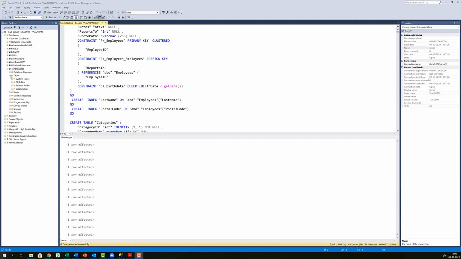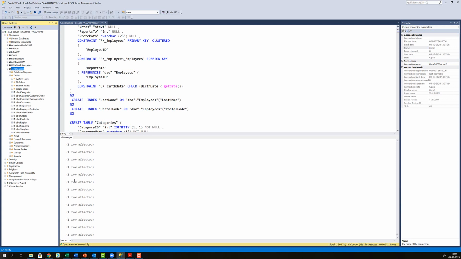Now, if I go over here in the tables section and click it, it's not going to show up because I first need to refresh it. So I right click, I choose refresh. Now it's refreshing all the information that it has on the test database from sys tables, a system table that tells what's in there. If I now expand tables, you will see that it has generated all the tables that I've requested to generate with this create Northwind SQL script, including populating the tables row by row by row